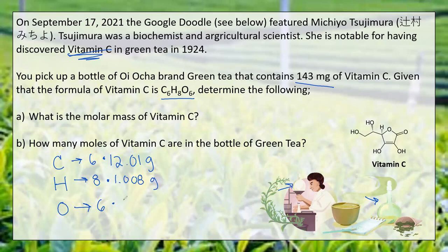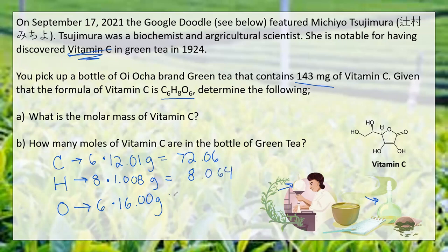And for oxygen, we are using 16 grams per mole, and you can double check on your own periodic table that that is what the atomic masses are. So 6 times 12.01 is 72.06, and 8 times 1-ish comes out to